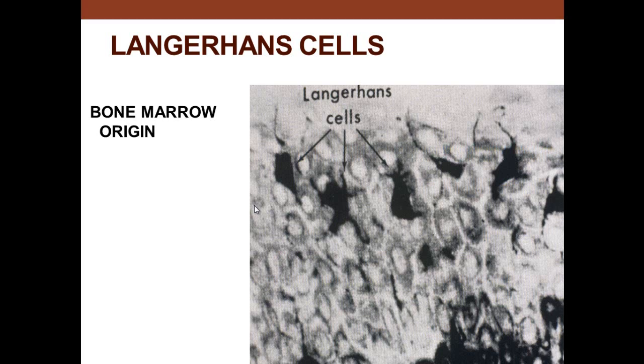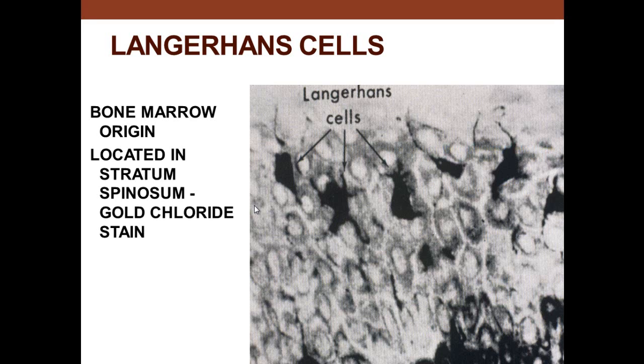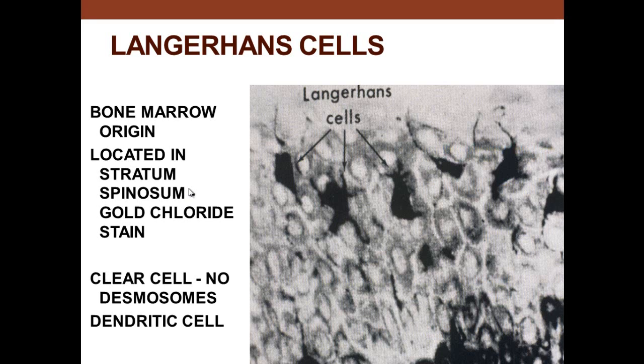But Langerhans cells are another cell type. Their origin is the bone marrow, where most immune-type cells originate, and they're located in the stratum spinosum. So a clear cell in the stratum spinosum, which doesn't make desmosomal connections, would likely be a Langerhans cell. Clear, no desmosomal connections, but they are dendritic in process because they have an immunologic role